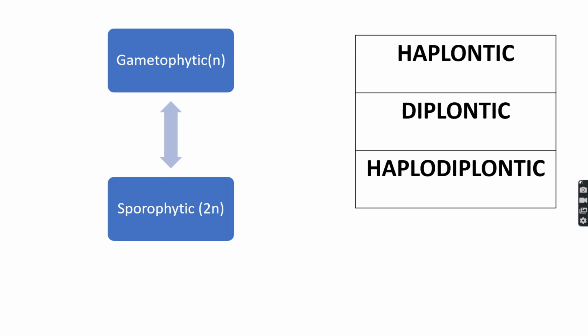One is gametophytic, another is sporophytic. This gametophytic body has one set of chromosome number, and this sporophytic body has two sets of chromosome number. Okay, and in the plant life cycle, they change their body from gametophytic to sporophytic phase. So to become 2N from N, they undergo syngamy,